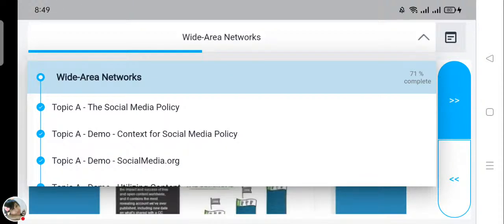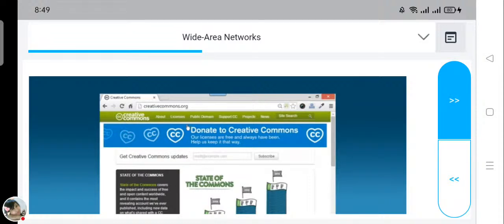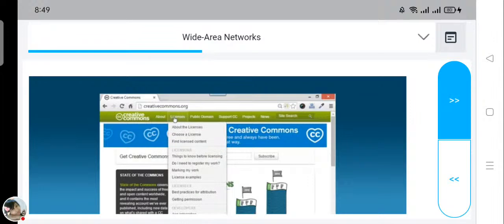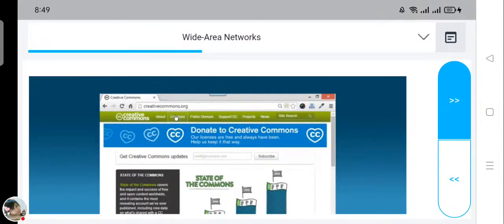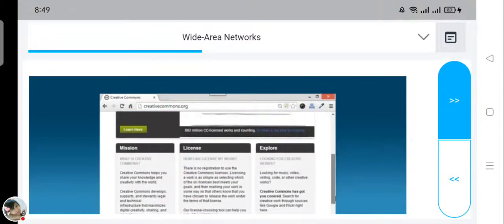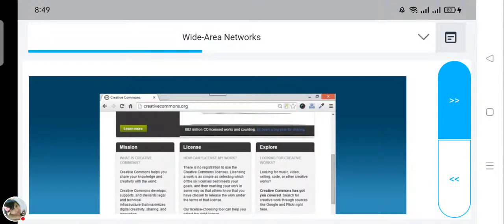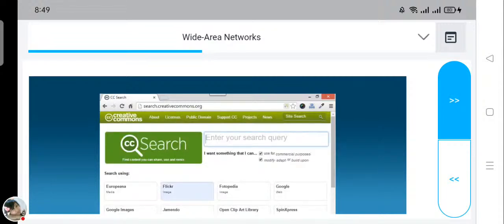Bringing up my browser, and I've already gone to creativecommons.org. You can see that if you are a person who's wanting to license your work, you could go up here to licenses and get information on actually licensing something that you have rights to. But I'm going to scroll down to this Explore area and notice that I have the capacity to find Creative Commons licensed works. Again, these are free, so I'll click on that button. And let's pretend that I'm writing, for commercial purposes, a blog about butterflies. And I want to find an image of butterflies that I can modify a little bit. Maybe I want to have a certain color scheme on the butterflies. So I want it for commercial work. I want to be able to modify it. I'm checking both of those boxes, and I'm going to type in butterflies. And because I'm looking for images, I'm going